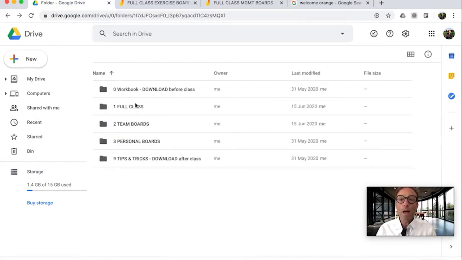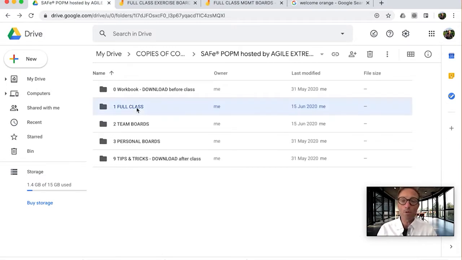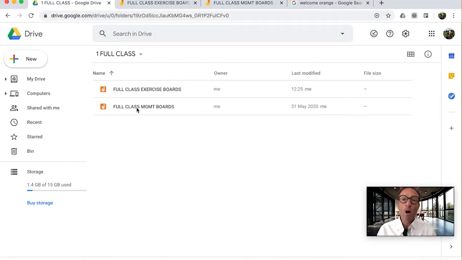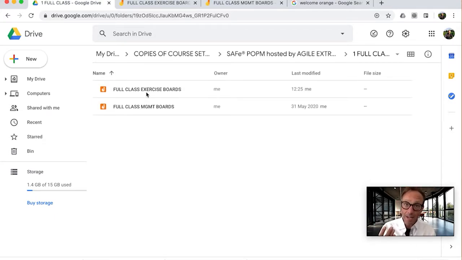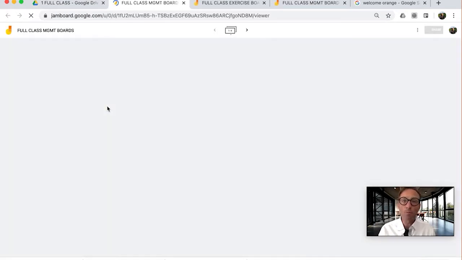We also have full class, which holds the full class whiteboards, including the full class exercise whiteboards. We also have so-called class management boards, and those are boards that we manage. Let's have a look at the class management board, as an example of looking at Jamboard if you haven't seen that before. As you can see, when I double click on the full class management board, it takes